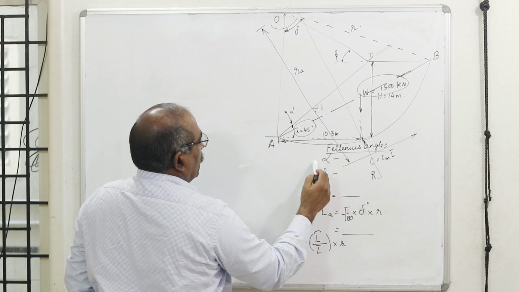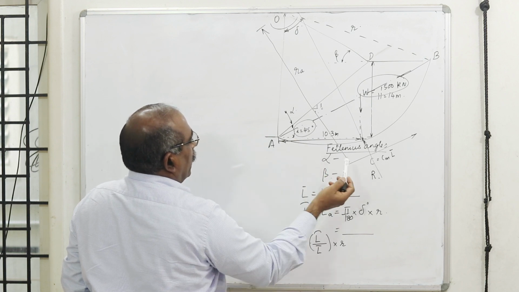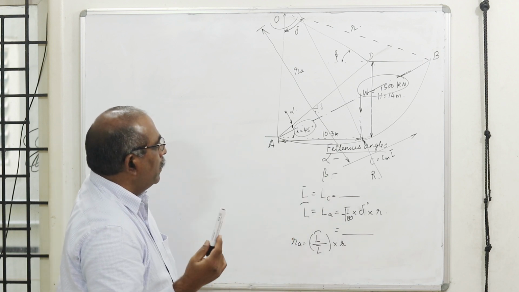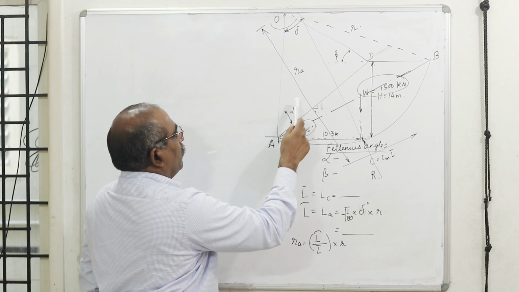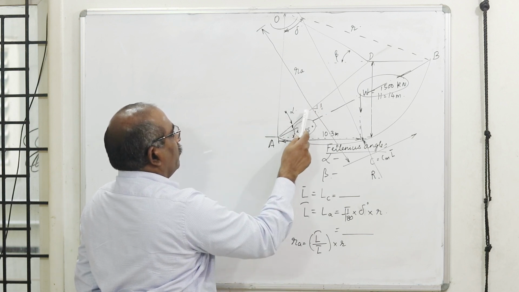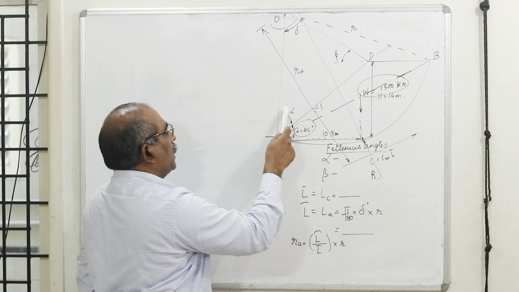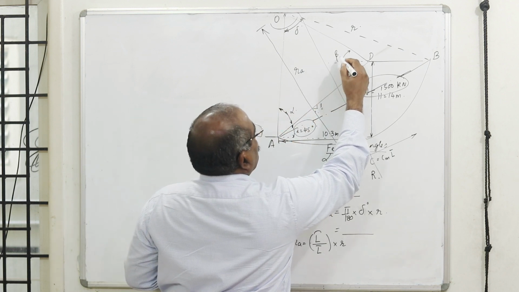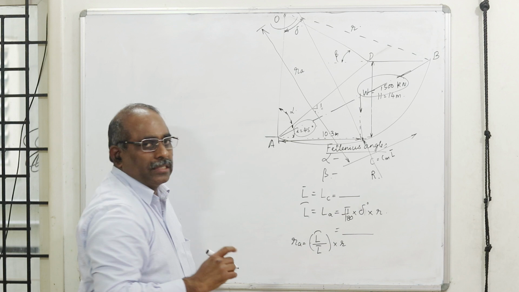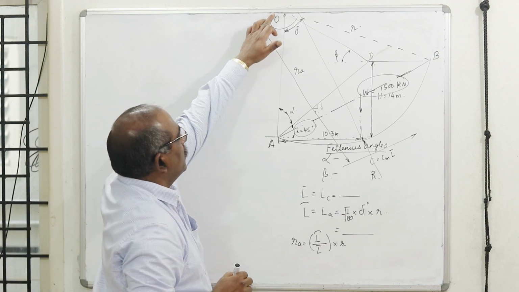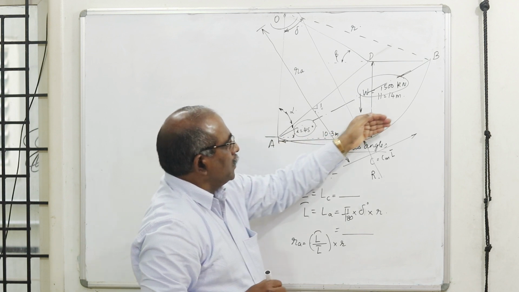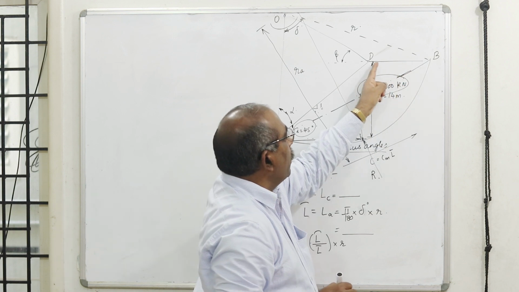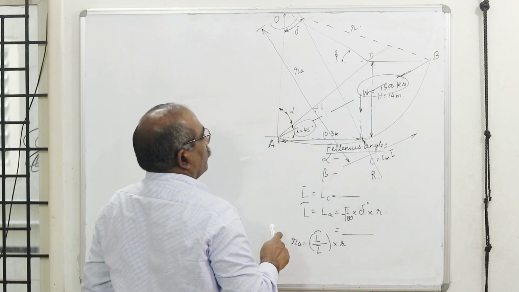Now these Fellenius angles can be taken for a slope angle of 45 degrees. I can find out what is alpha and beta. You can refer to the standard chart given in the tables in textbooks. Once you get angles alpha and beta, from the inclined surface of the slope, measure an angle alpha. With respect to the horizontal, measure beta. Draw these two lines, and wherever they meet, that is your slip center. With this as center, you draw an arc passing through the toe. You get your slip circle cutting the horizontal surface.